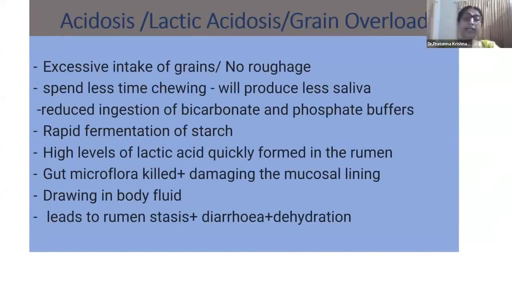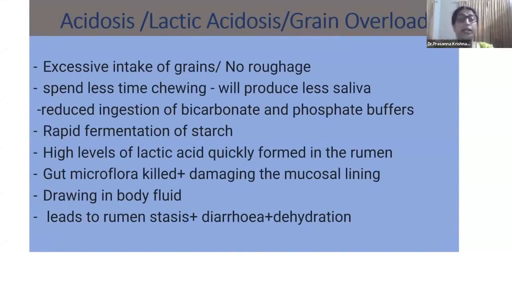When these buffers are not there because of the reduced production of saliva, the carbohydrate material starts fermenting, and that leads to rapid fermentation of the starch. When the starch is fermented, there is a production of lactic acid. High levels of lactic acid are quickly formed in the rumen, and because of this acidity,